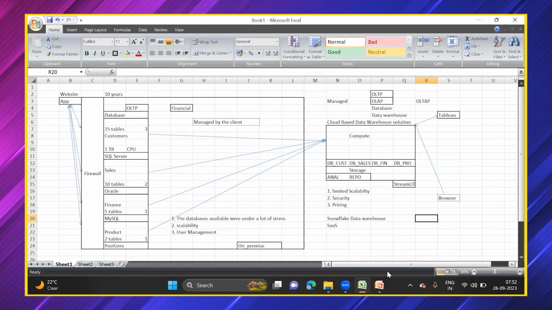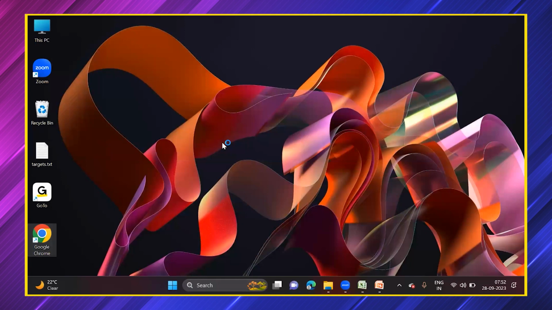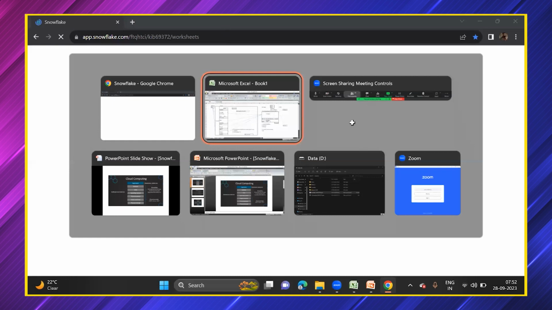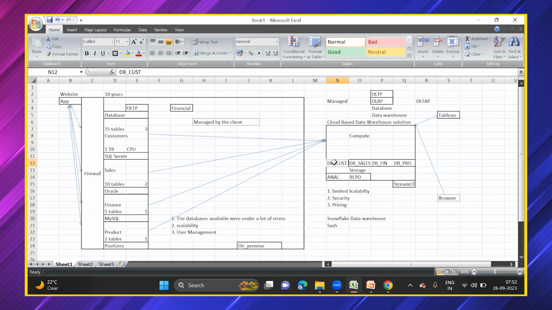We can create any database within the Snowflake data warehouse. I will just show you once. You can give any name to the database, but this product, if you're talking about this product,